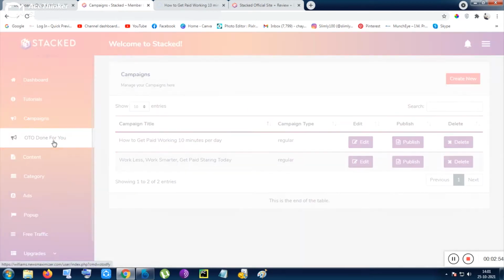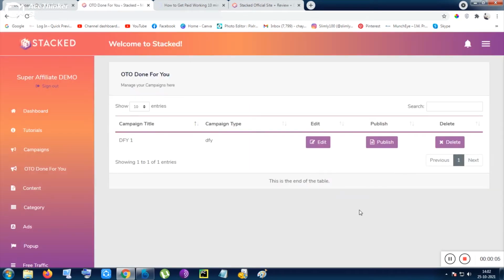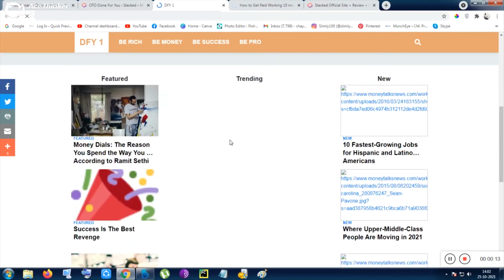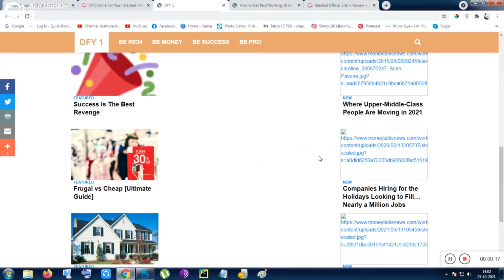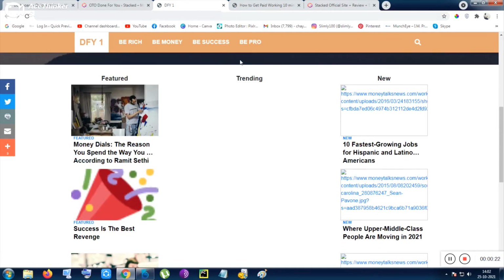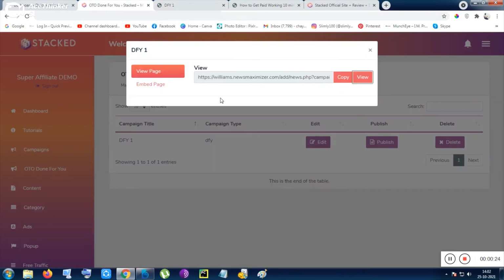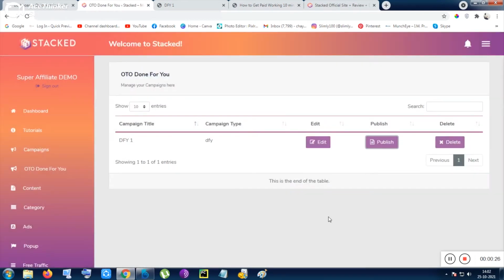Some done-for-you campaigns are given inside the one-time offer, the OTO. If I show you a done-for-you campaign, you can see this is a totally done-for-you campaign, and this one is not fully done, but partially done. As you can see, the middle section is not filled up, maybe the RSS link is not pasted here properly. Inside the campaign section you can paste the RSS link, and the blog posts will be taken from various